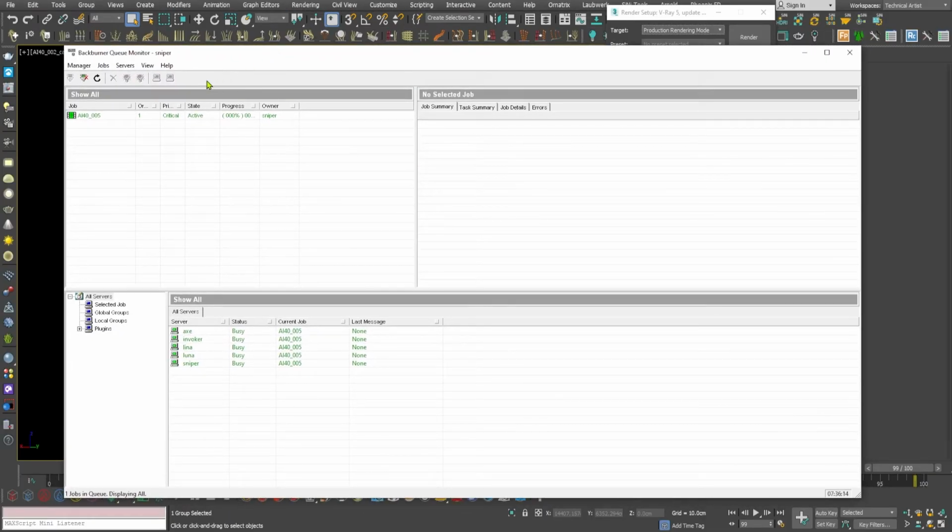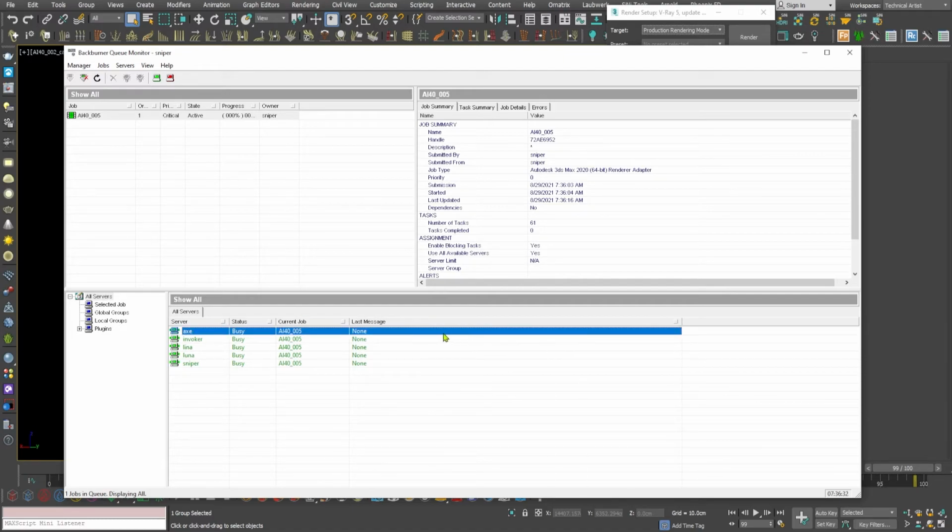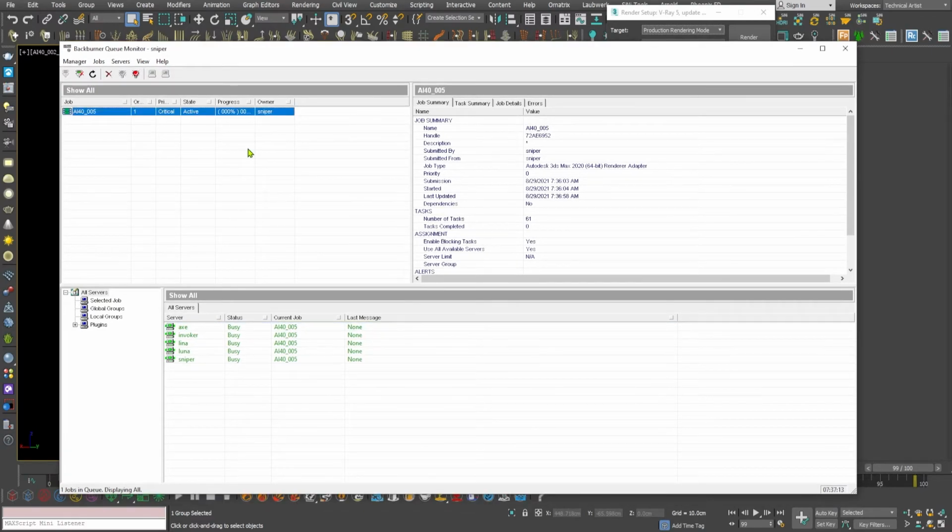and if we go back to the monitor, you can see that all of the computers have turned green, the servers, showing the status that they are busy and current job is the name of the job that we have sent. And if we have some errors popping up, they will show up here.